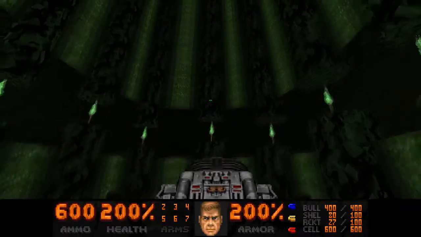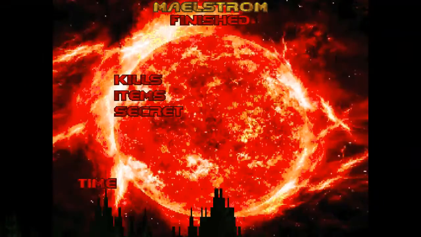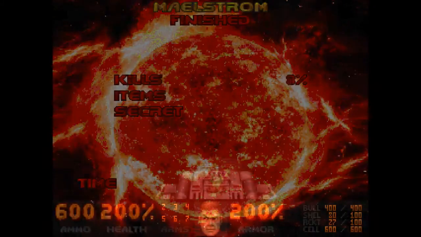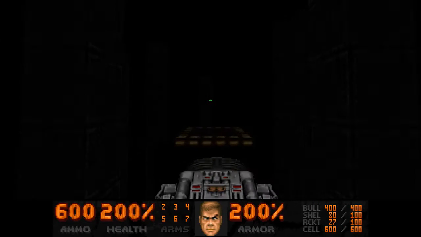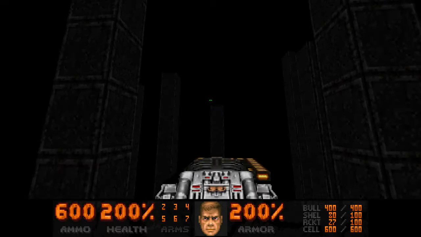Going through this one won't kill you, so you get to start the next level with full health and armor, and all your weapons and ammo. And believe me, that's a good thing, because this next level, oh boy. Level 29, and it's called...